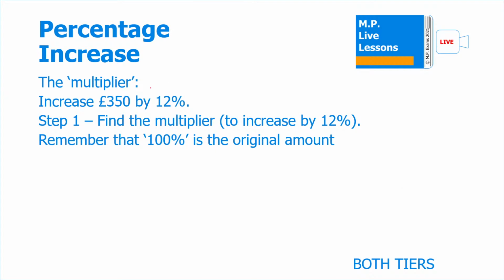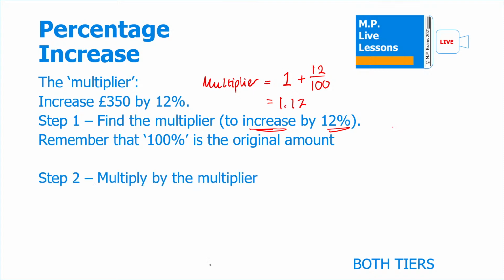So in this case, the multiplier is 1 plus your percentage. And remember, if it's an increase it's positive, so positive 12 over 100. And this gets you the multiplier of 1.12. So if we immediately multiply 1.12 times £350,